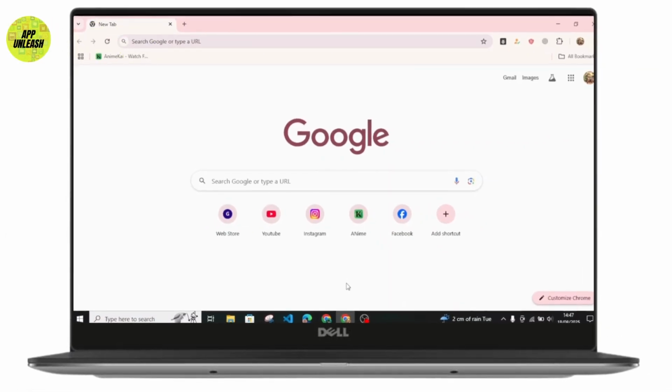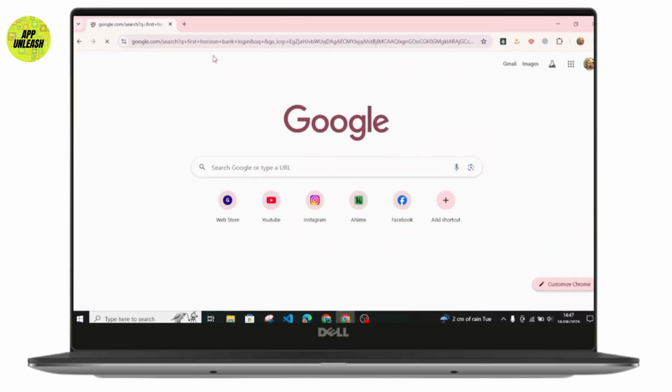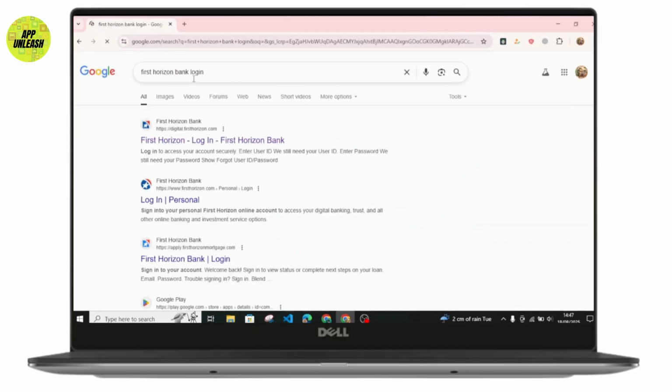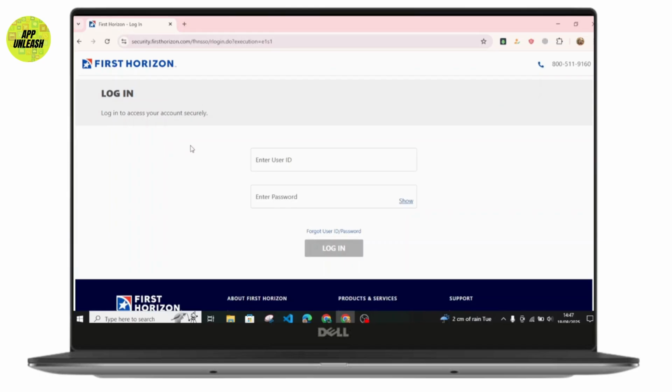In this quick tutorial, I'll be showing you how you can easily log into your First Horizon online bank account. So first thing, just head over to any of your favorite browsers and simply search for First Horizon bank login and just tap on the first link which appears over here. Which is the official website of First Horizon Bank, and it will automatically take you to the login page